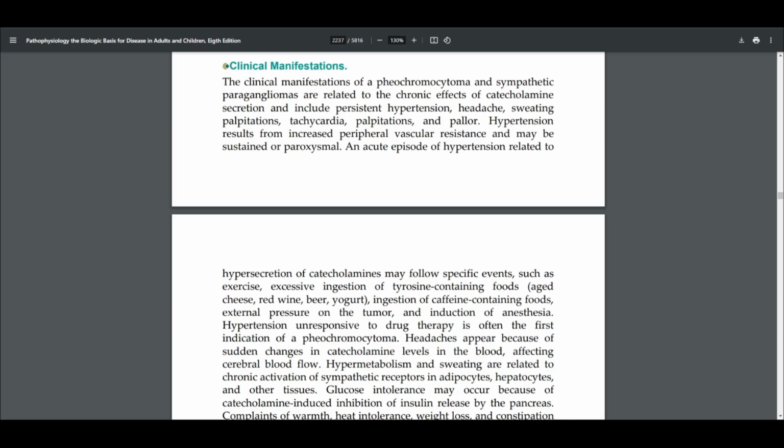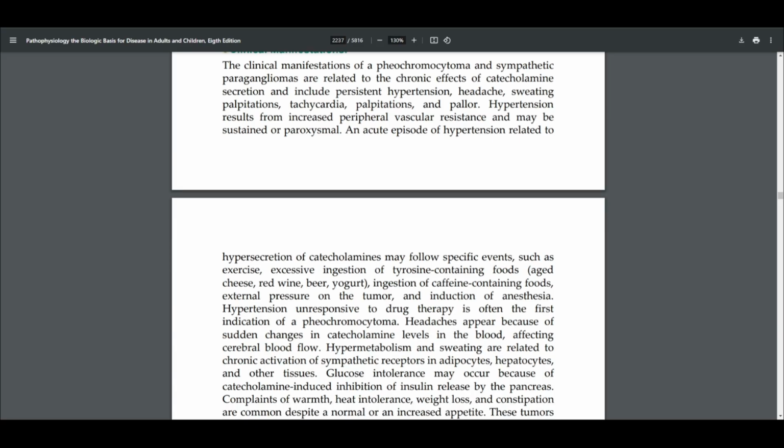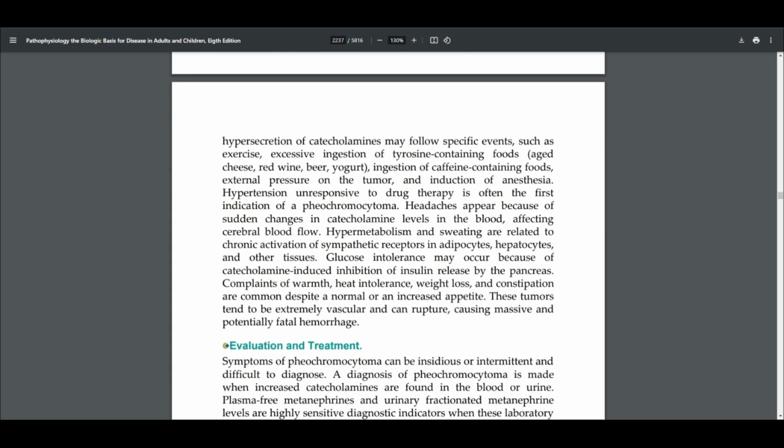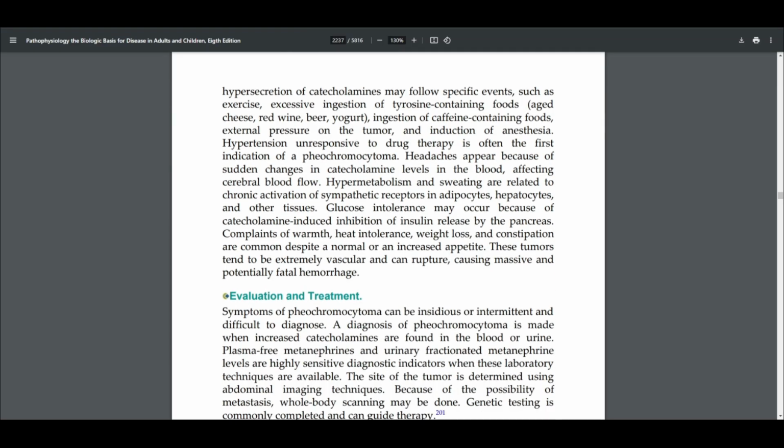Hypertension results from the increased peripheral vascular resistance and may be sustained or paroxysmal. An acute episode of hypertension related to hypersecretion of catecholamines may follow specific events, such as exercise, excessive ingestion of